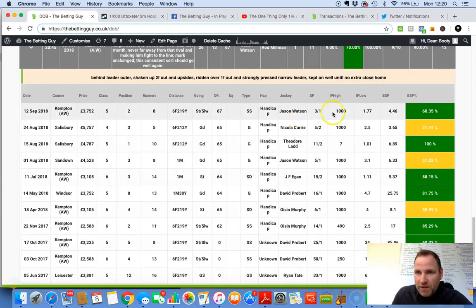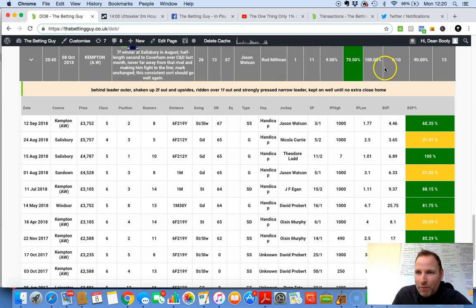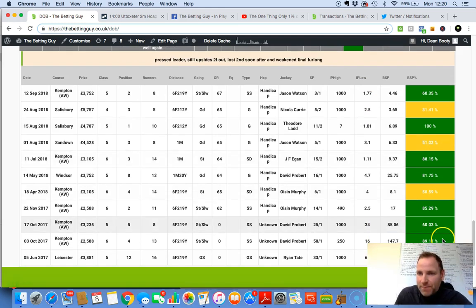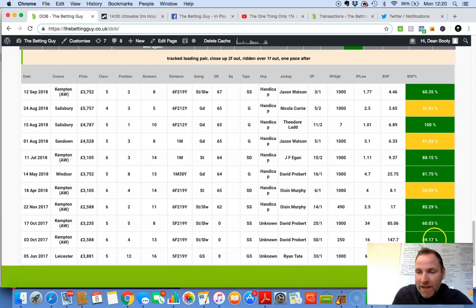So this horse here has dobbed 9 out of the last 10 races. Let's see if that's right. 1, 2, 3, 4, 5, 6, 7, 8, 9, 10. Wow. So a dob is anything over 50%. So as you can see, this is 89%,